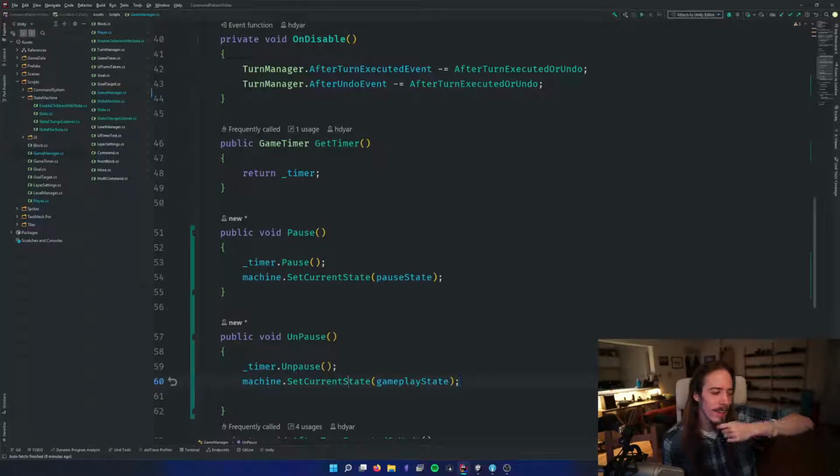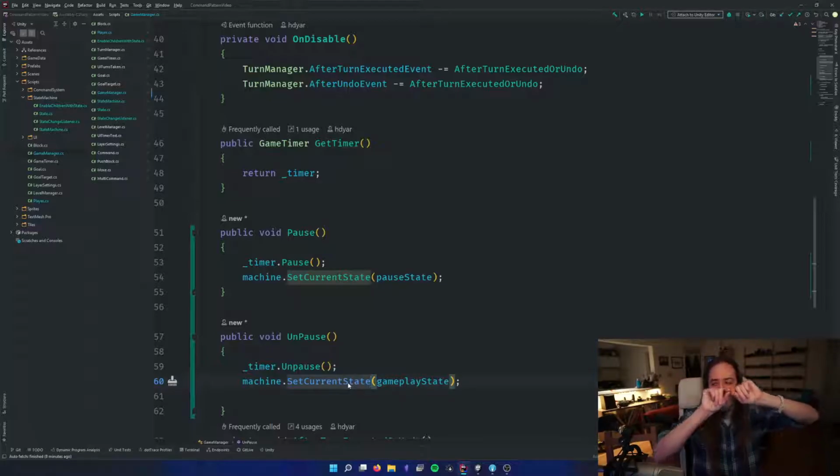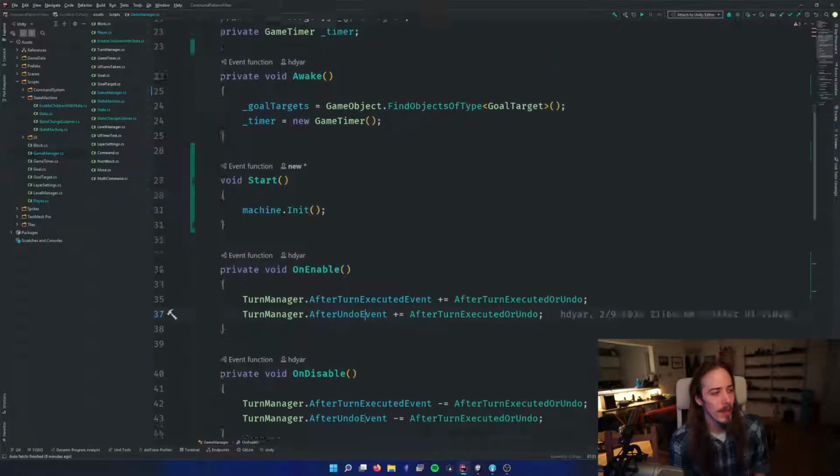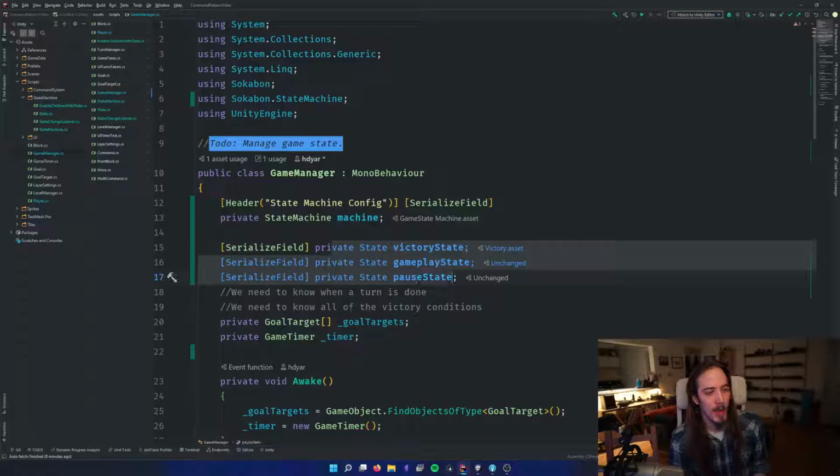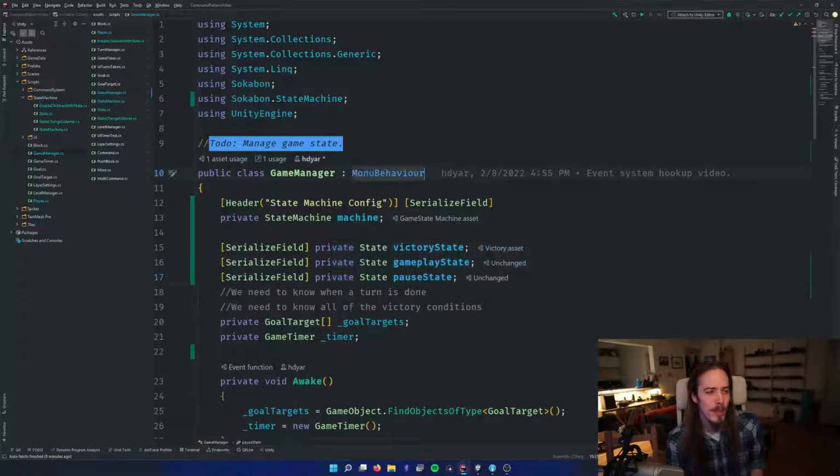And then instead of setting current state, you can just have go back. Because really often we want just pause, unpause, and then victory. Right? We don't actually need to know what the current state is, or, we really don't like this I have to know about all of my states in one script, because at this point,